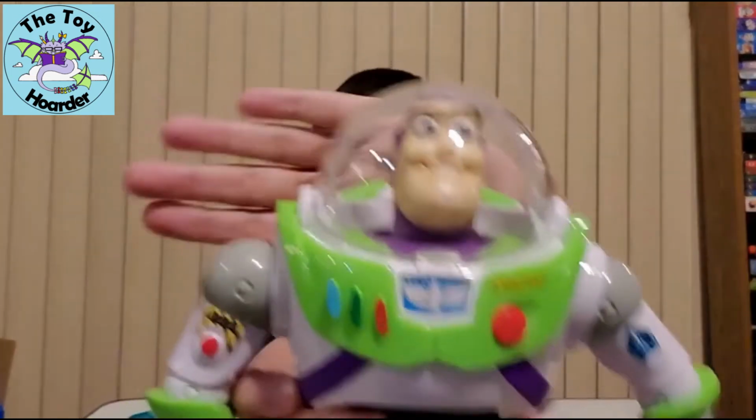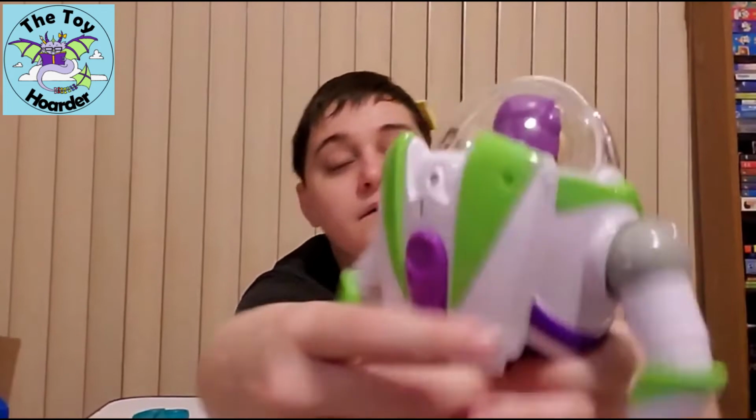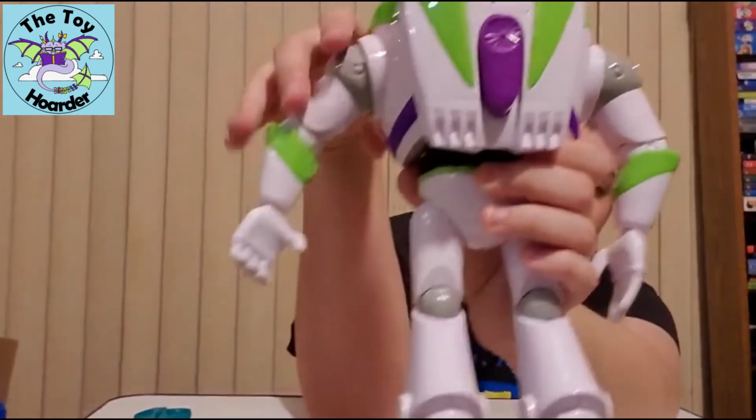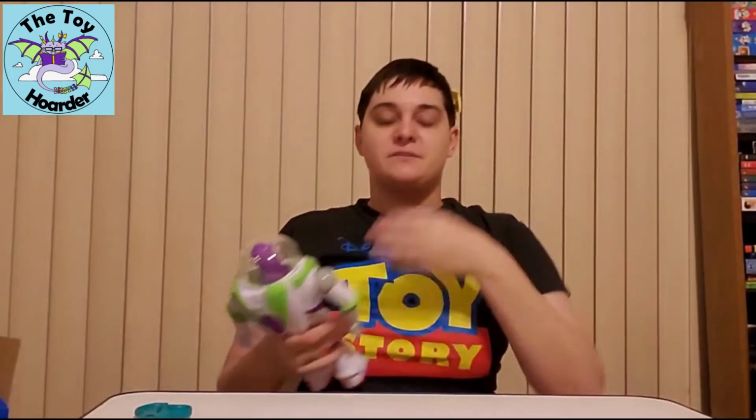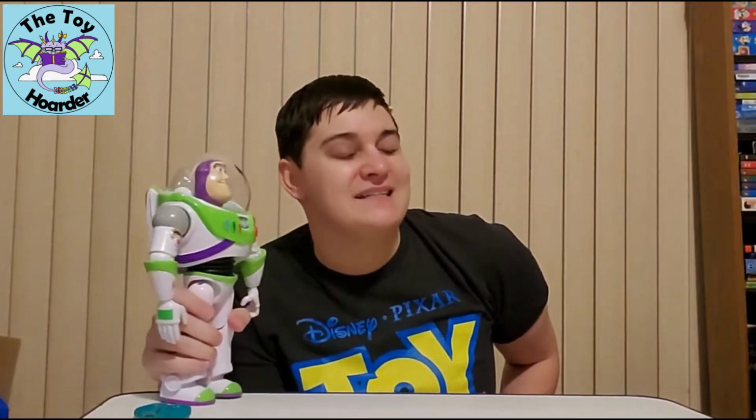Oh, I guess I'll show you up close a spin around of him. So he's a pretty good size. This is a better size for some of the smaller kids because I'm having this issue with my niece right now. She loves Toy Story, of course. She's growing up with me, right? She's gonna love it. So she loves playing with all of these toys, and